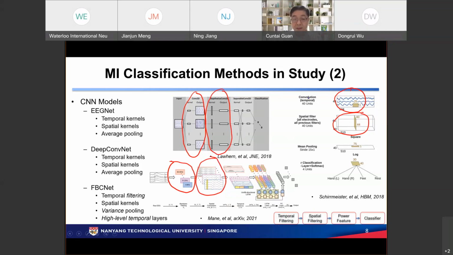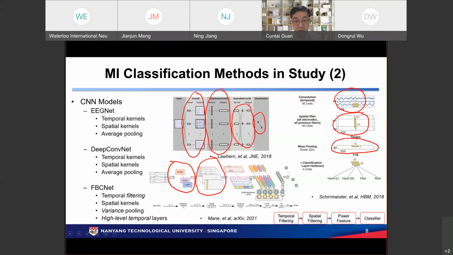And the next stage in the ShallowNet is actually just average pooling and then the fully connected layer. For EEGNet, there's also a summarization stage to reduce the dimension, and finally a fully connected layer. And here in the FBCNet, we make a difference. If you look at the EEGNet and the DeepConvNet, they are pretty similar, except for a little bit of change here. But for FBCNet, we make several changes.